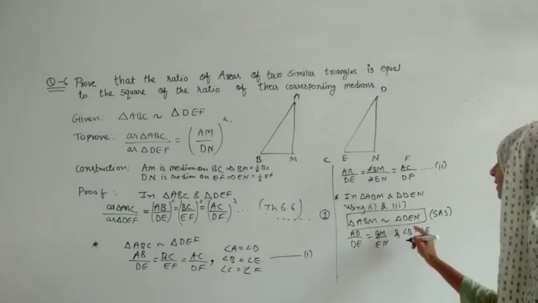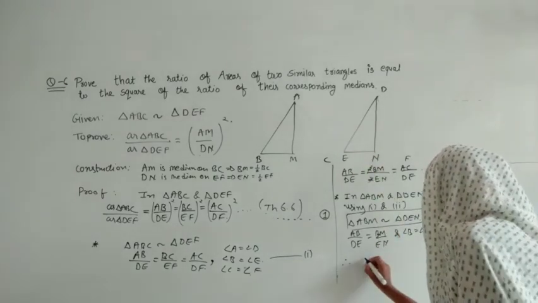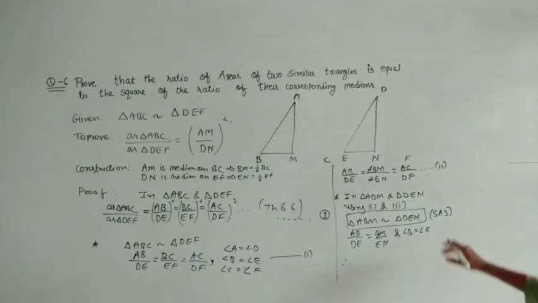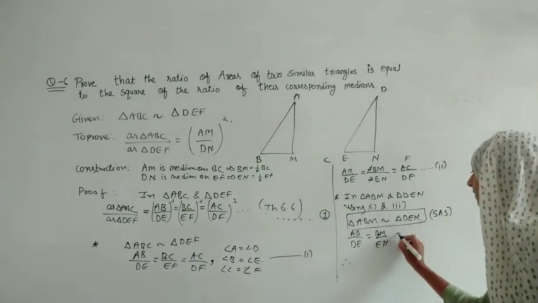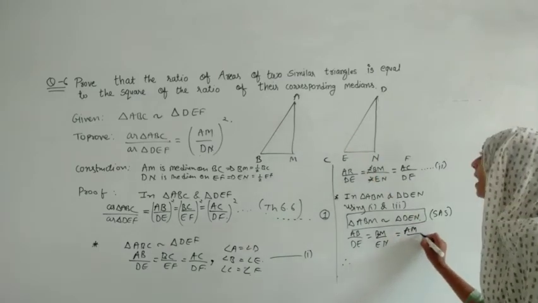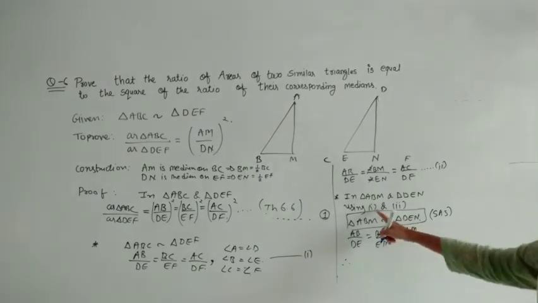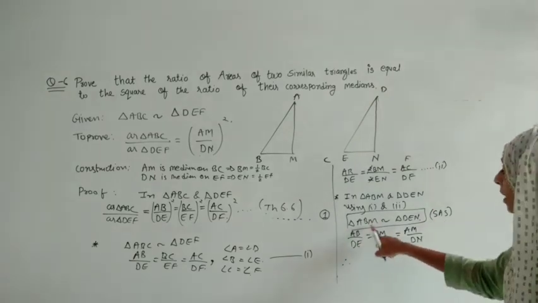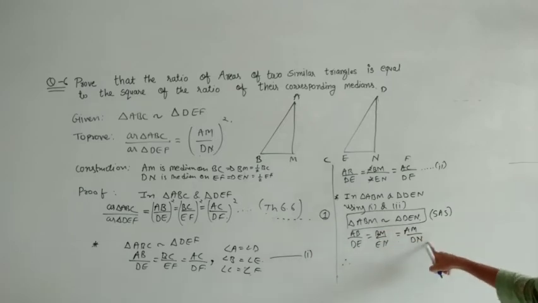Now from this, if 2 triangles are similar, the third thing we can write that is AM by DN. So here the one important thing that we will mention over here, that is now BM by EN is also there, and that is AM by DN. Understood? So from 1 and 2 we have written this, and we use side angle side, and if their side angle side by 2 triangles are similar, that's the ratio of the third